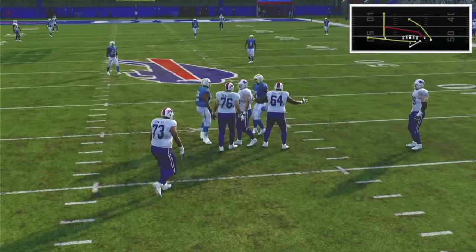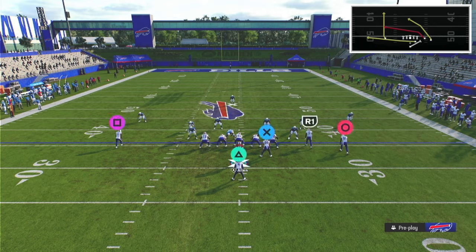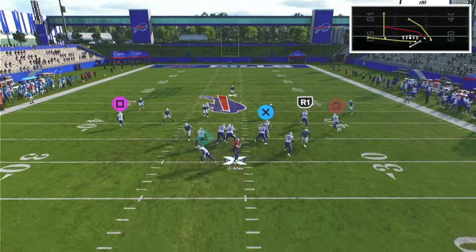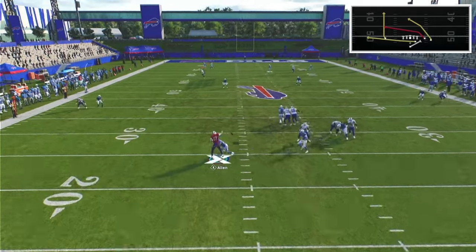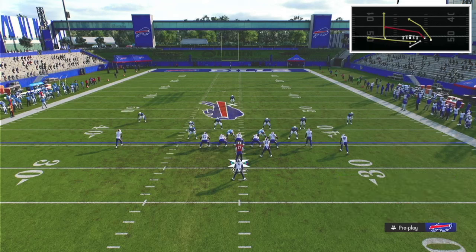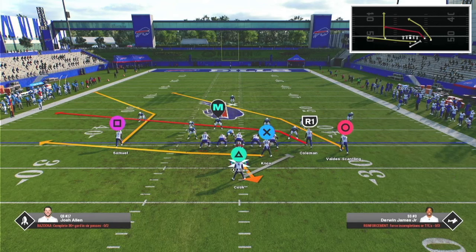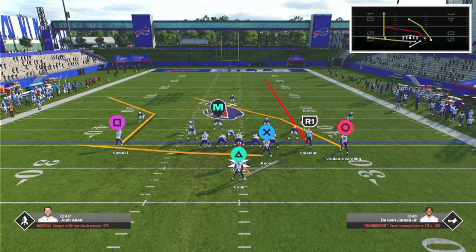It was wide open right there. Practice mode sheds are just kind of insane, and that has been a thing for a few years. Really frustrating in practice mode when you're trying to showcase this kind of stuff, but you guys see we have circle for a huge gain. Next way you can set this up is go ahead and put square on a corner route,